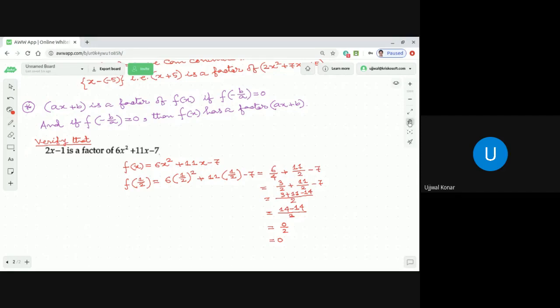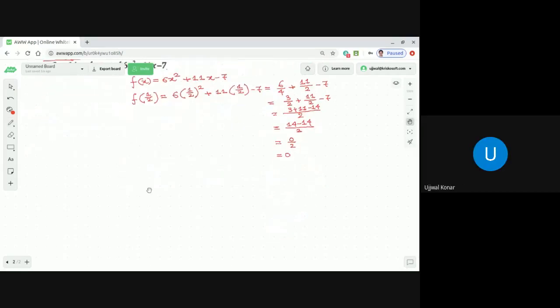As we already discussed about the quadratic equation, recall that from the knowledge of quadratic equations, what we can say is that if for a quadratic equation